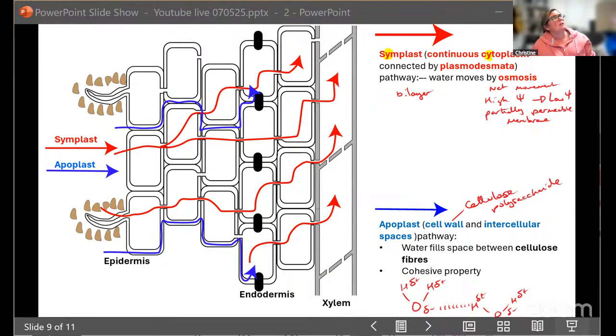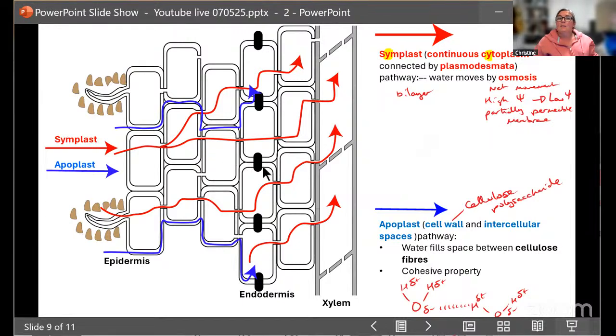What's it called? Oh my gosh, my brain's not going into it. They don't need to know about adhesion. They just need to know it's called the tension. There's another word that's missing out my brain. Cohesion tension theory. Thank you, Iris. That's it, the cohesion tension theory. That's why I was like, why is it not fitting together? Because the cohesion is to do with obviously your water to water, but then you've got that tension as well.